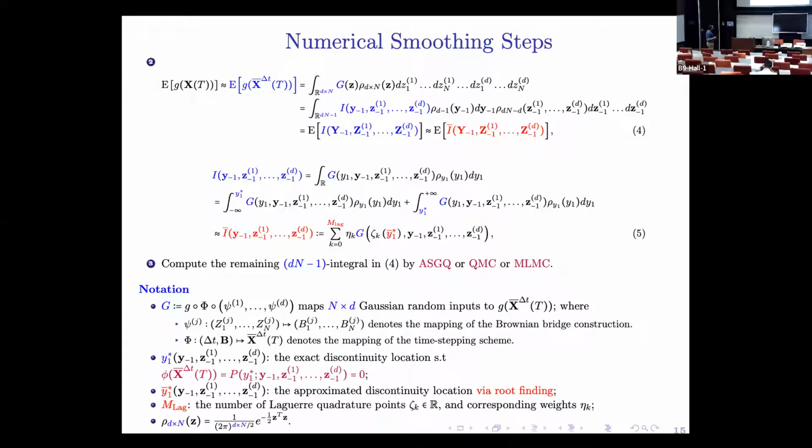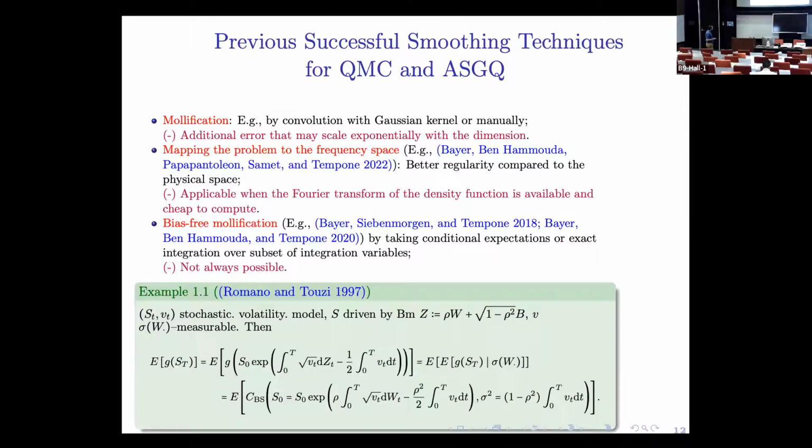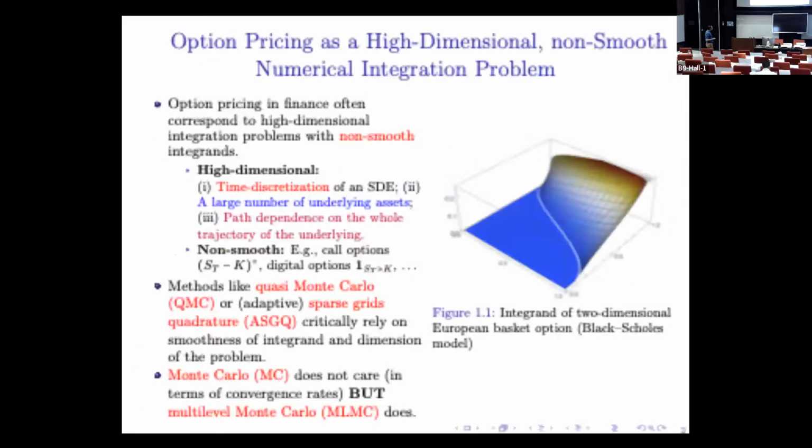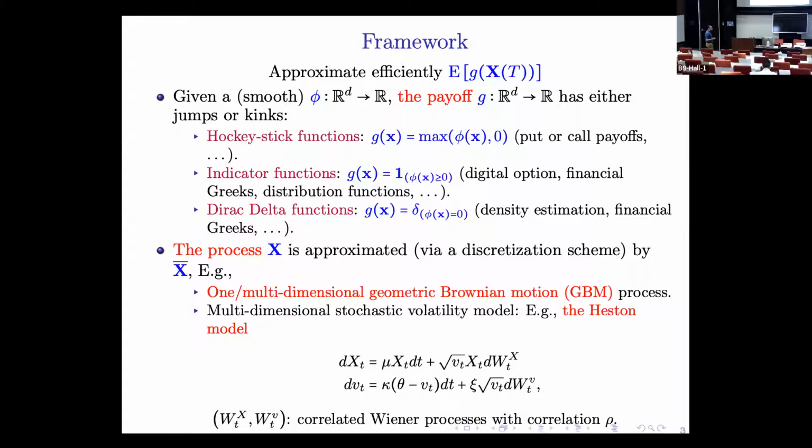So now we have this pre-integration with Y1, but remember that in a lot of cases we don't know Y1. So what we do is try first to approximate this discontinuity location by Y1 bar, so we can use a root finding method. This is basically related to this problem. Coming back to the previous slides, in the examples that we consider here, you can see easily that the discontinuity happens at phi of x equal to 0, right?